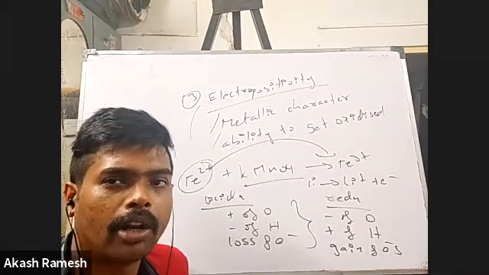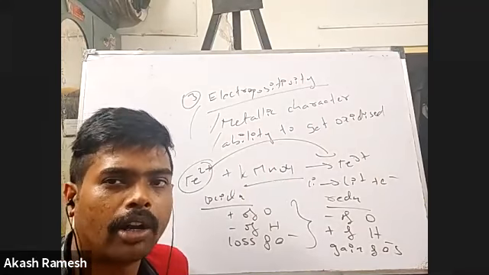Basically, an oxidizing agent oxidizes something else by undergoing reduction itself. Please understand this: an oxidizing agent oxidizes something else by reducing itself. That's what I told you. It's going to be a sacrificial oxidation or sacrificial reduction. So KMnO4 will oxidize Fe2 plus to become Fe3 plus, so definitely KMnO4 has to get reduced. In a reaction where both oxidation and reduction are happening, the one which is getting